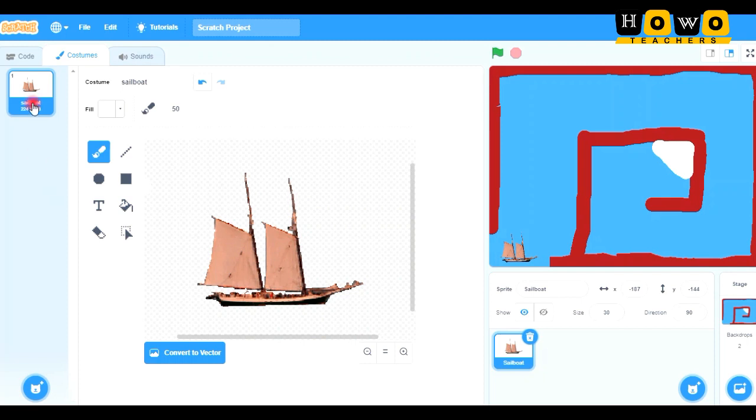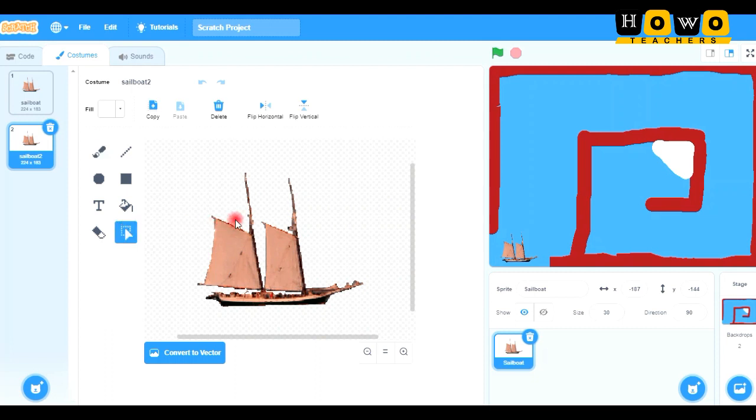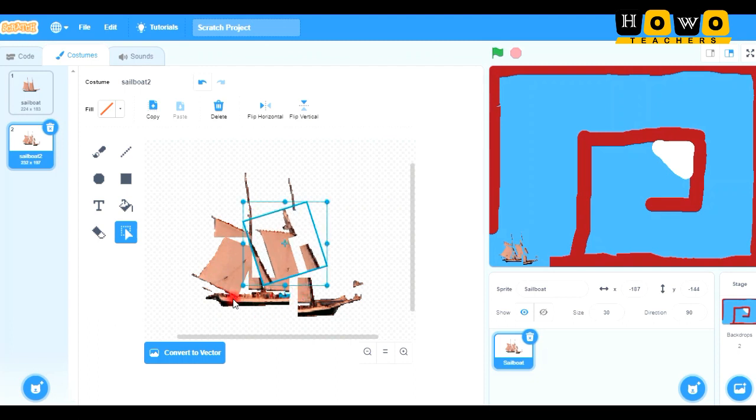Then how am I going to add that? I can just duplicate it. Now I can name it something else, or the name given is sailboat 2, that is fine. Now I can just go for cutting the particular areas. Like this, I have selected the area and I am going to just cut it so that I can simply show that my sailboat is now broken. Like this, I have made the sailboat broken.